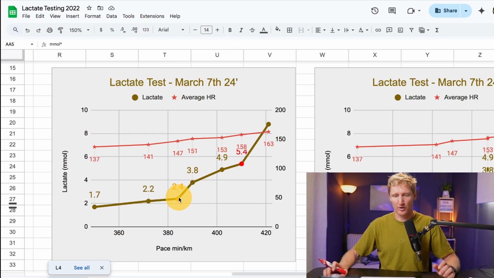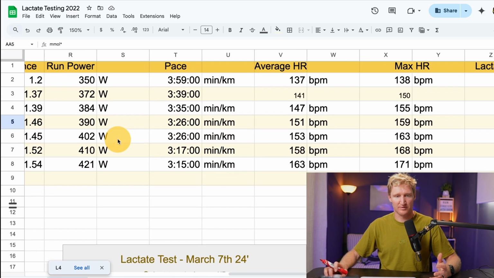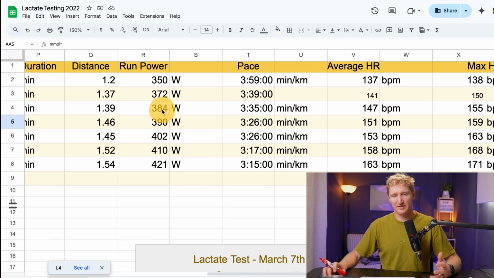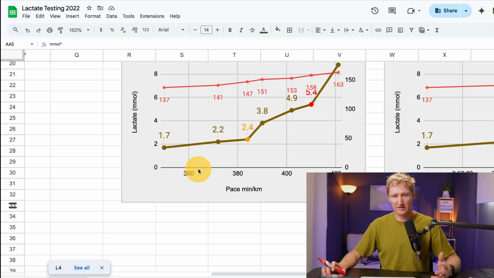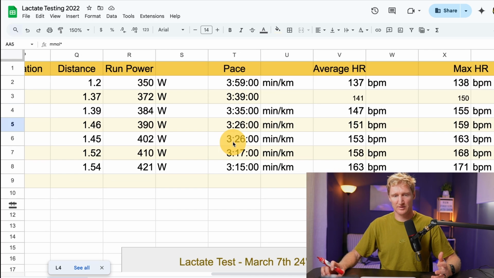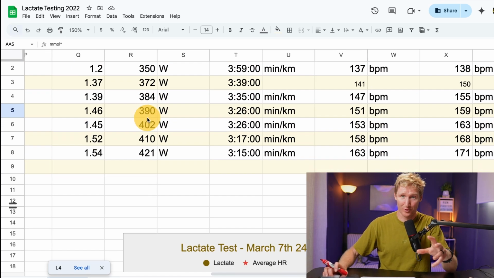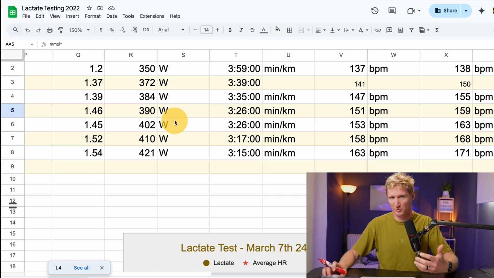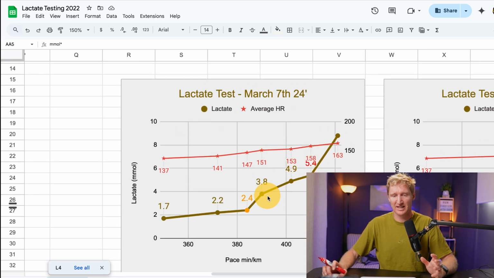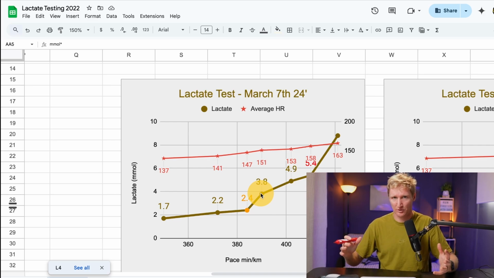So from here, you can see in mine, there's an initial step there where I'm going from around 390 watts up to around 400. Let's have a look. So it would be this 384 to 390 is what's happened between the third and fourth one. And I know this test was actually done before a marathon, but my marathon was 385, 383, something like that watts. So that clearly shows there's a significant first step, which is going to be my lactate threshold 1,